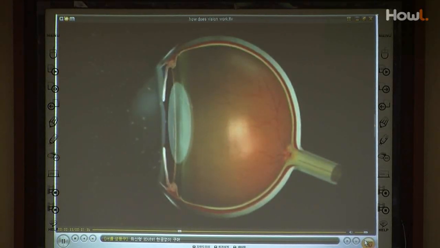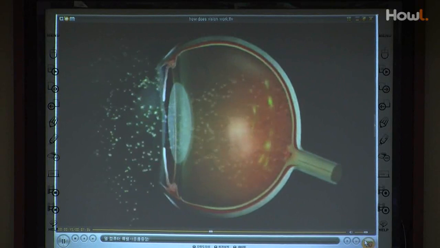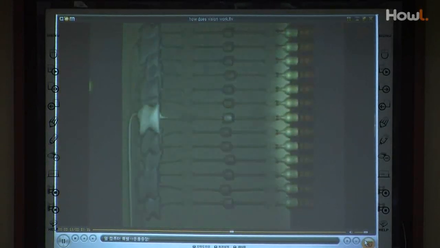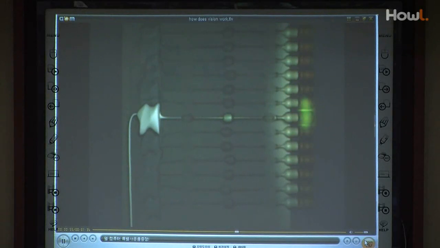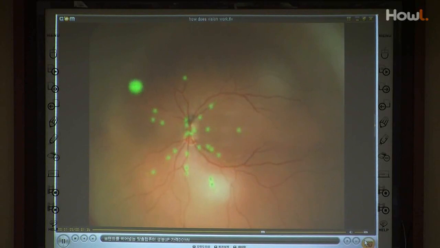First, the cornea, located at the front of the eye. Then, the crystalline lens behind. Then, the vitreous body in the middle of the eye. Finally, they reach the retina, the eye's photographic plate, stopping at the retinal pigment epithelium, where they set off nerve pulses. These pulses are directed towards the optic nerve,